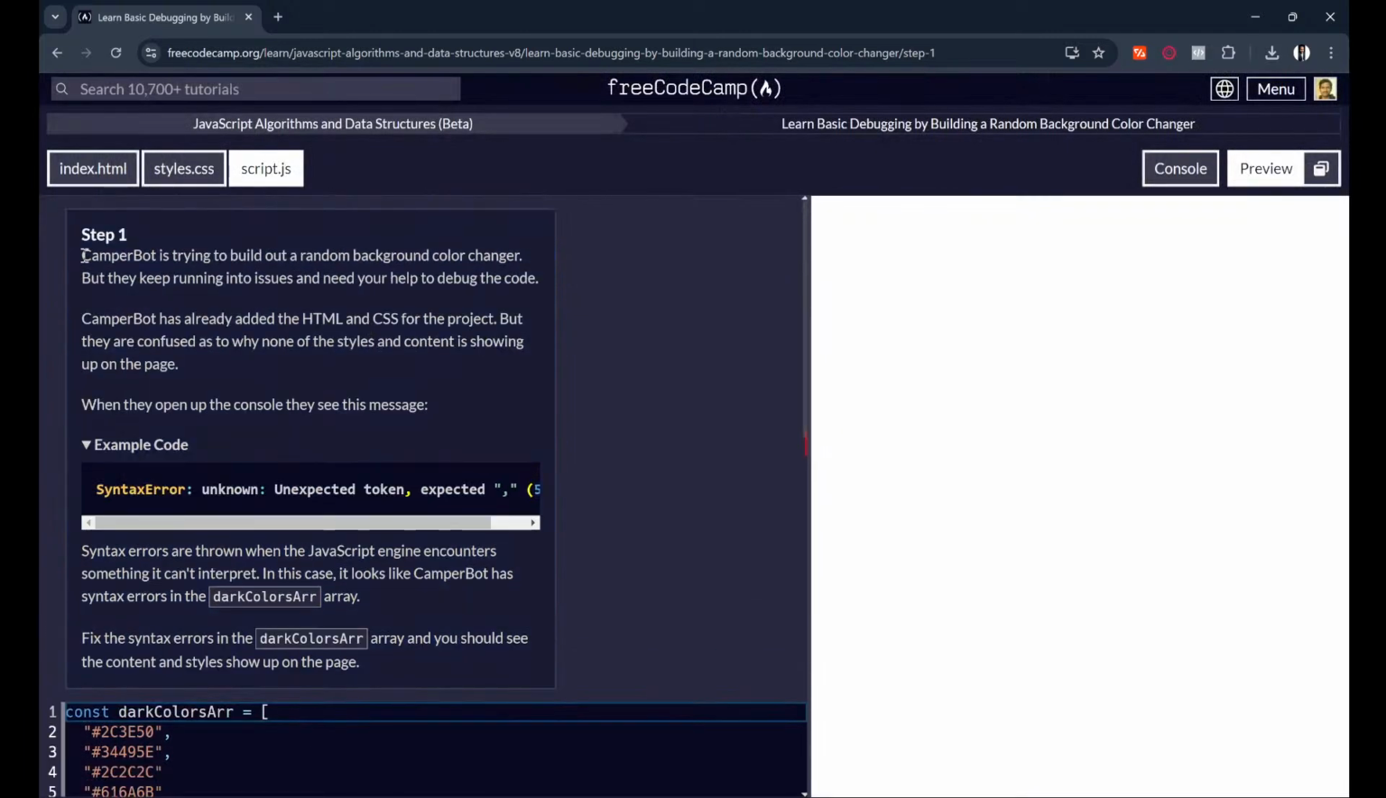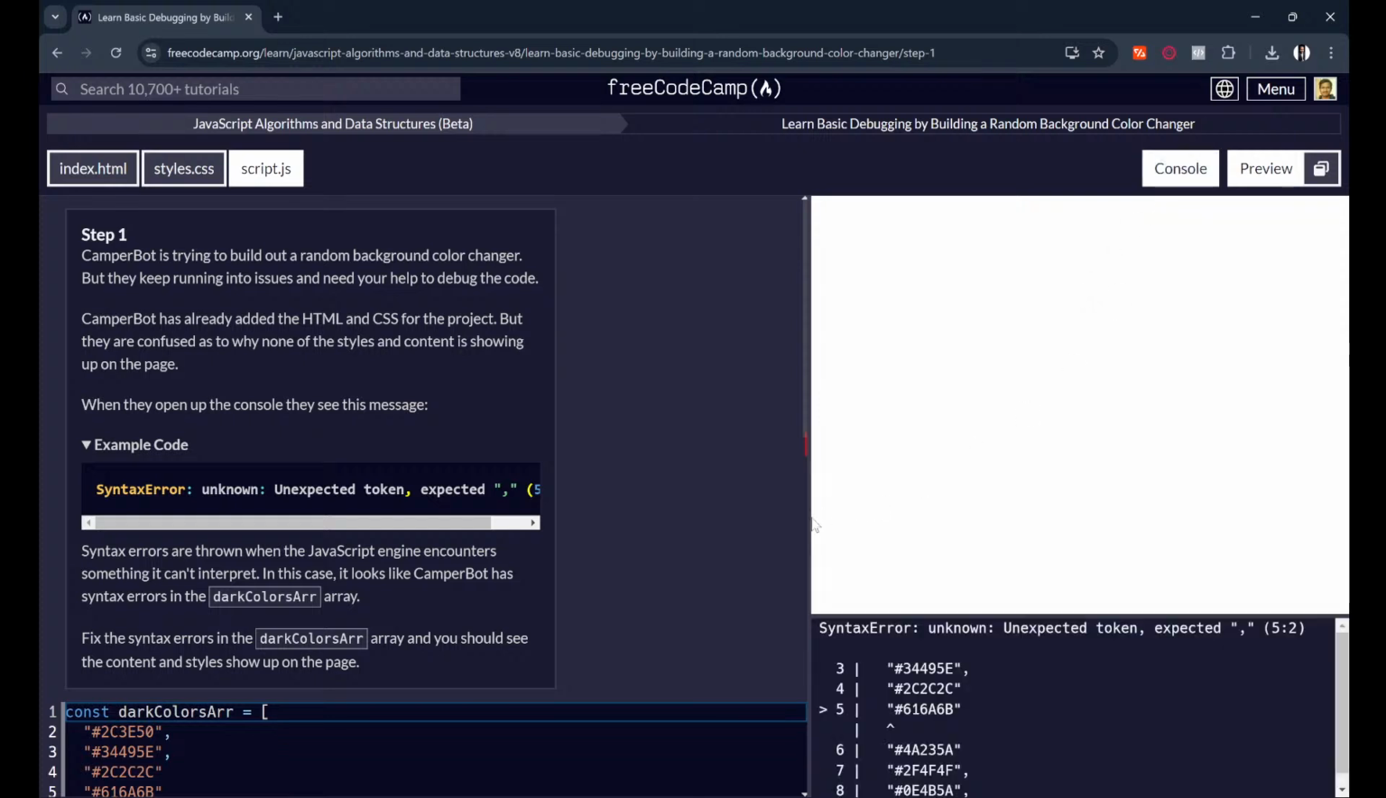So we have the first step, which is Camperbot is trying to build out a random background color changer, but they keep running into issues and need your help to debug the code. Camperbot has already added the HTML and CSS for the project, but they are confused as to why none of the styles and content is showing up on the page. When they open up the console, they see this error. So if I open up the console, here's the error that's written right here. Syntax error, unexpected token expected at